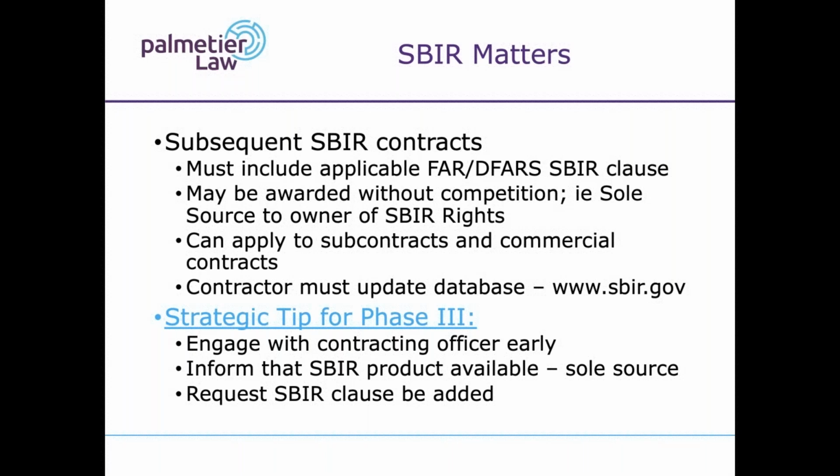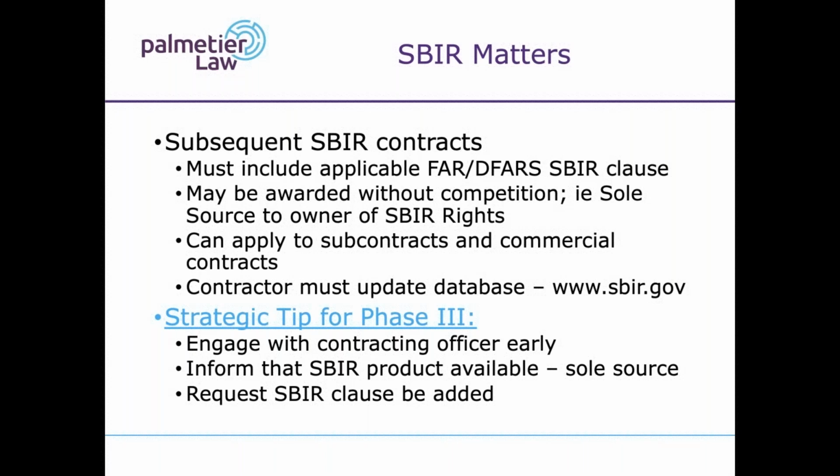It's okay as soon as you know or see that the government has gone out for a request for information or has said, hey, industry, what do you have? Raise your hand and say, hey, contracting officer, we have the solution for you. Not only that, it was an SBIR contract, so you can obtain it from us on a sole source basis and skip all of these other activities that you have to do for competition. Make it a whole lot easier on you. You can talk to the contracting officer, you can talk to the program office, market your materials. Make sure that they know that you have an SBIR technology.